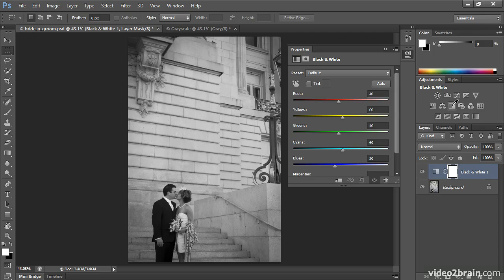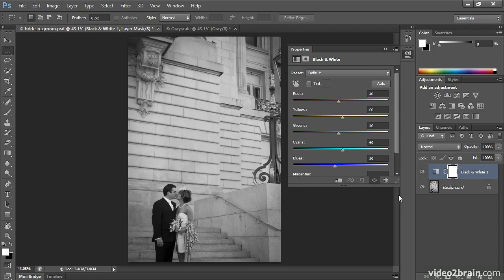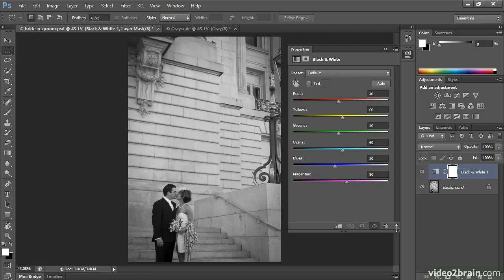So if I get my proof back from the print shop and the contrast isn't quite where I want it to be, or I've blown out my highlight detail, lost all the whites and the very delicate detail of her wedding dress, then I would be able to adjust it and I haven't permanently trashed that data. Anything you do under Image, Adjustments is permanent and really not recoverable. But doing it here, I can come in and take a look at what Photoshop sees as reds, yellows, greens,